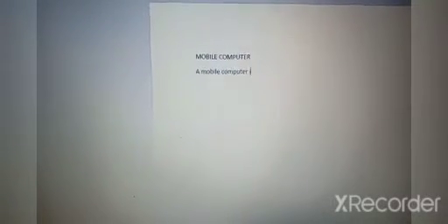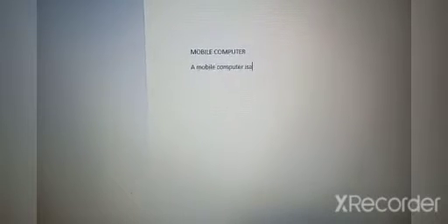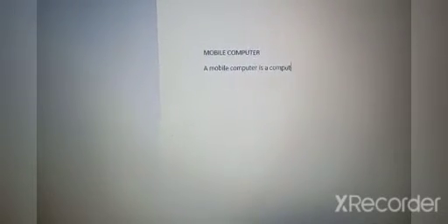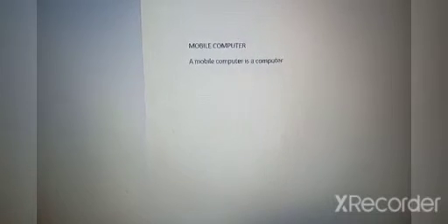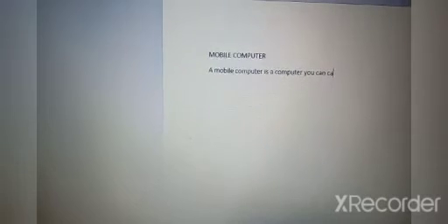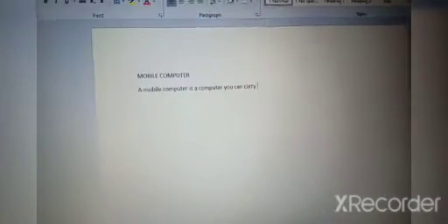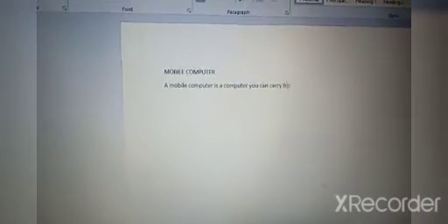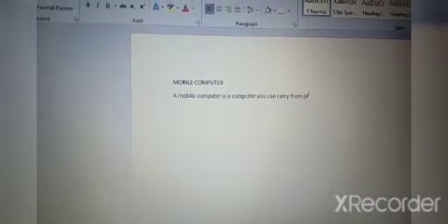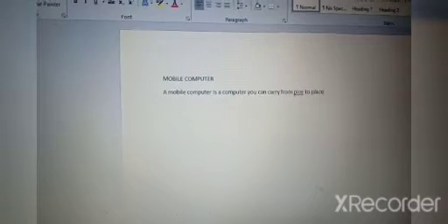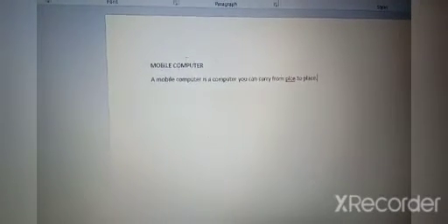Mobile computer is a computer you can carry from place to place. This one sentence I have typed here.